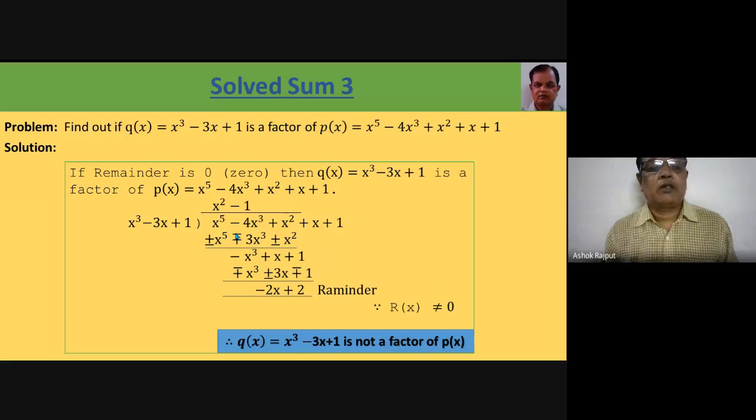First we compare first term to first term. Here its power is 5, its power is 3, it is greater by 2. So we have written here and multiply by x square all these 3 terms. It is x cube, it is x square, then x square multiplied by x cube, then it will be x raised to the power 5. Then here minus 3x cube, then here x square. After that we are going to subtract it, then we will change the sign because it is equal and opposite, so it will be cancelled.